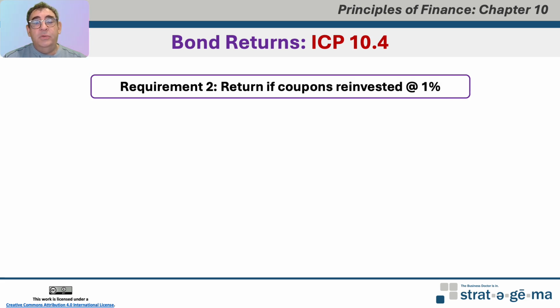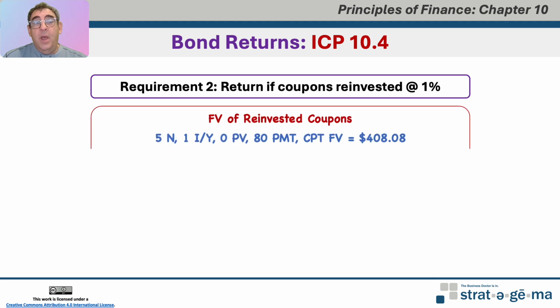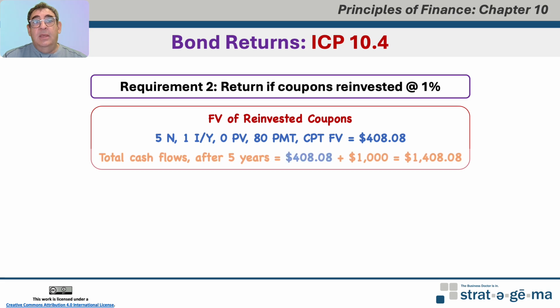For requirement 2, if we decide that we're going to reinvest those coupons at a low interest rate of 1%, we want to determine what the future value of those coupons will be. 5 N, 1 I/Y, 0 PV, 80 PMT, and compute future value, 408.08. So those reinvested coupons at 1% will grow to $408.08. After 5 years, the total cash flows will include the future value of those coupons of 408.08 plus the $1,000 par value to give us a total of